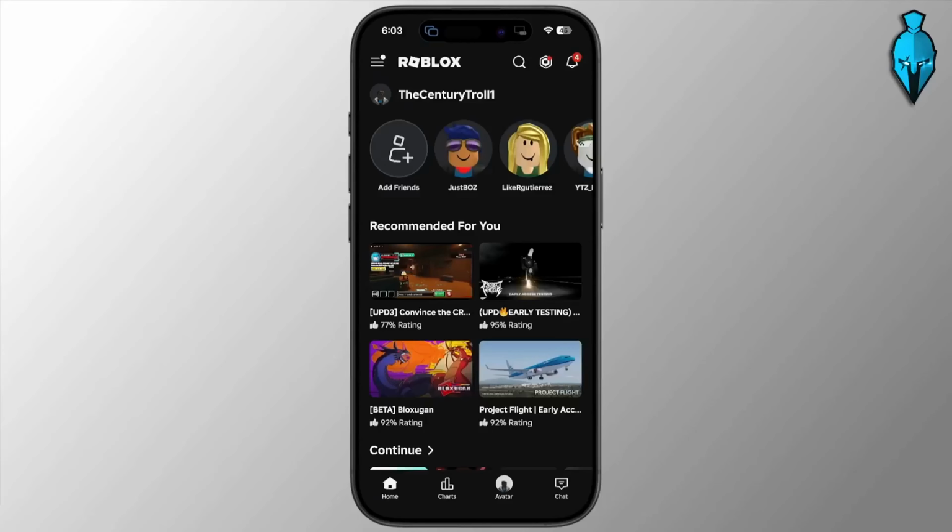In this guide, I'm going to be showing you how to report a player with the new Roblox report menu